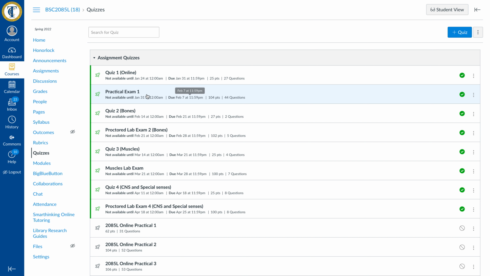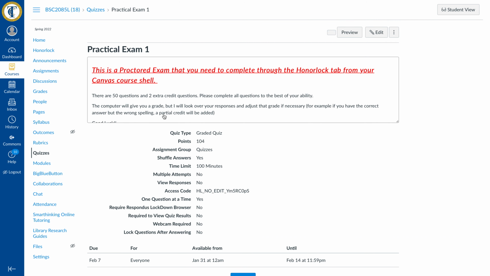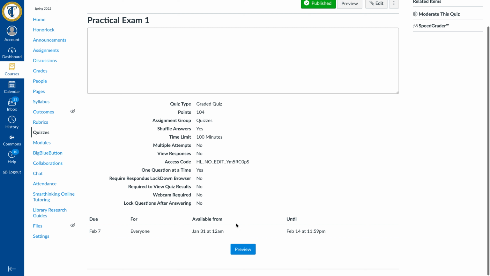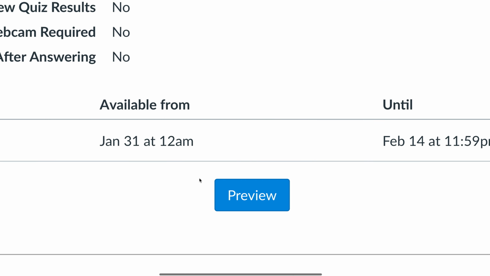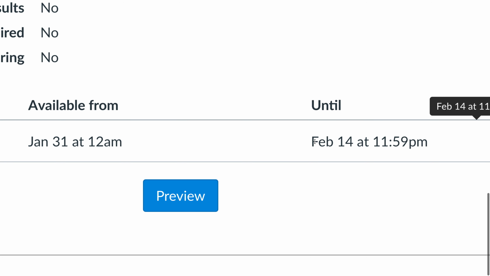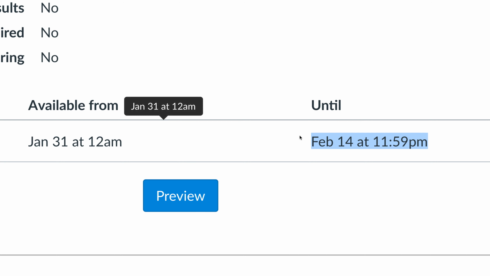So you have it for 1 week and it will not close until, if you see on here, February 14th. So you have 1 week before the due date and 1 week after the due date where you can complete your exams and quizzes.